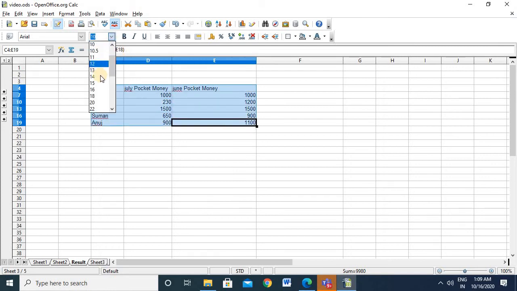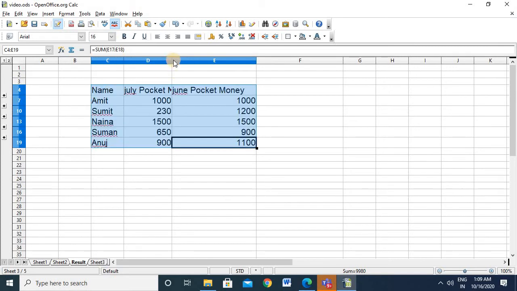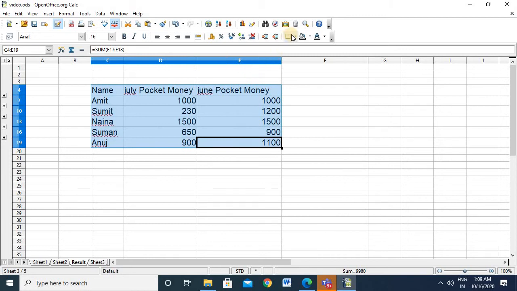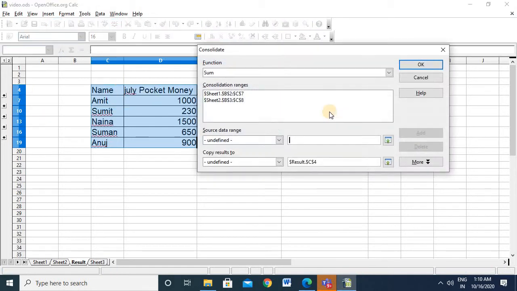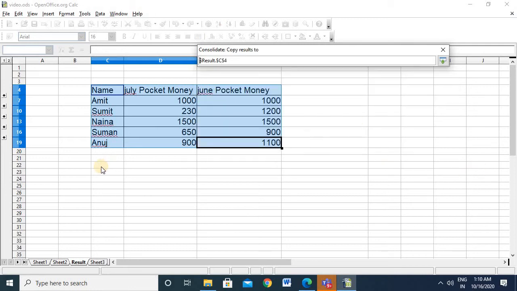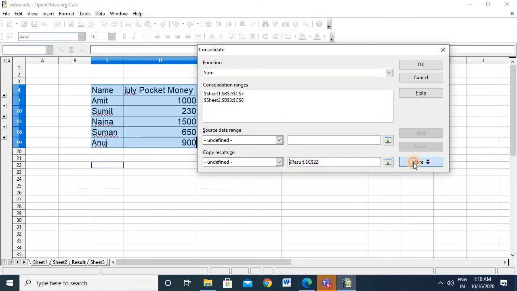I'll just increase the size for better visibility and border. So now we'll again go to the data to see the second option, which is the very magical thing. I love that option. Consolidate, sources already added. Now I want the result here, that is C22, and click on more.